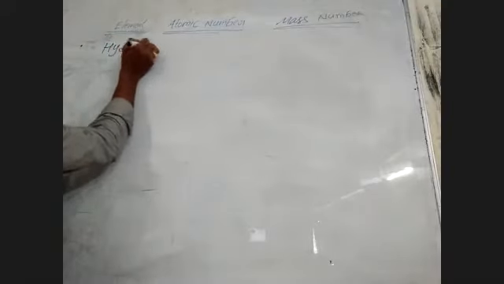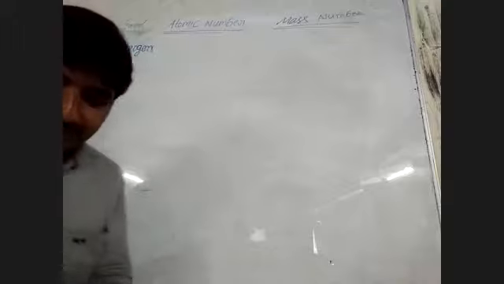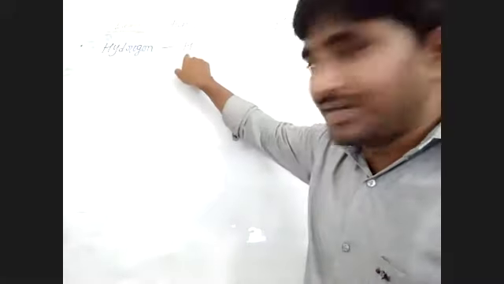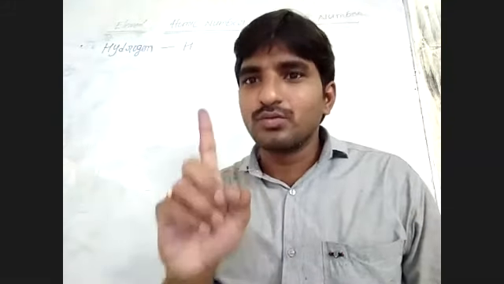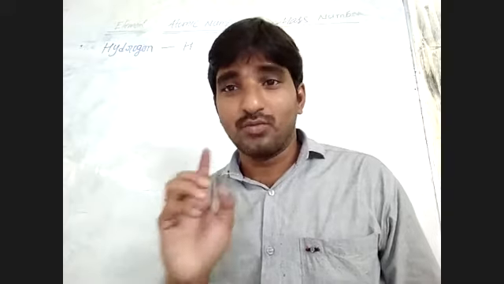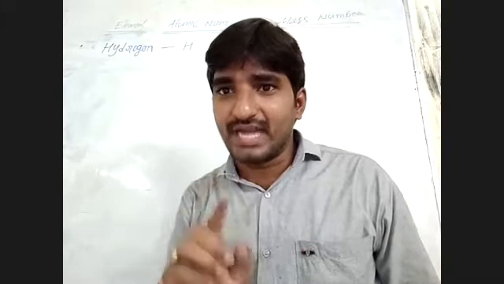Hydrogen, this is called hydrogen. Hydrogen is a symbol. The scientist Berzelius gave a shortcut symbol, and that symbol is known as hydrogen. This hydrogen atom contains one proton and one electron only. The hydrogen atom contains one electron, one proton. For this reason, the hydrogen atomic number is 1.